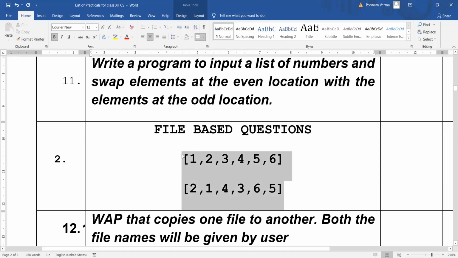Yes, Twinkle. Ma'am, can we use the function in the swap case one? I'll prefer no. First of all, there is no function for swap case, for swapping. Functions are not available. This is what I have given from my side, and I have given it because ultimately you should know how to work with the indexes.